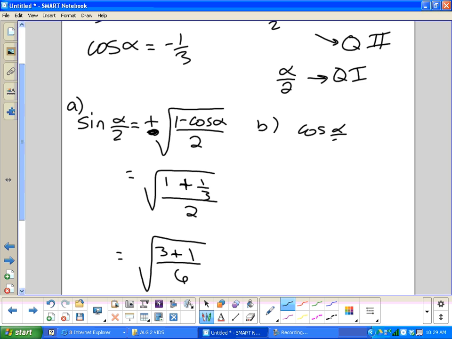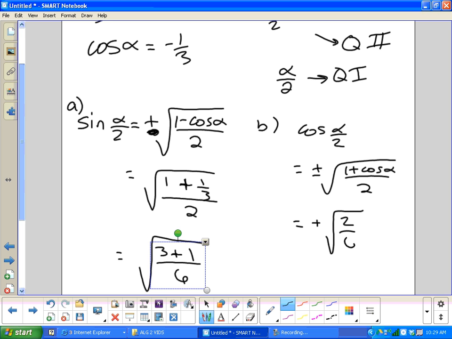So cosine of alpha over 2 is plus or minus the square root of 1 plus cosine alpha over 2. Now, what did we say is our half angle in, quadrant 2 or quadrant 1? 1. So that means it's going to be positive. Okay. Now, do you want to plug it in or do y'all want to use our shortcut? All right. So my shortcut, I'm going to go right there. Right. 3 minus 1 would just give me 2. Okay. So I'll get the square root